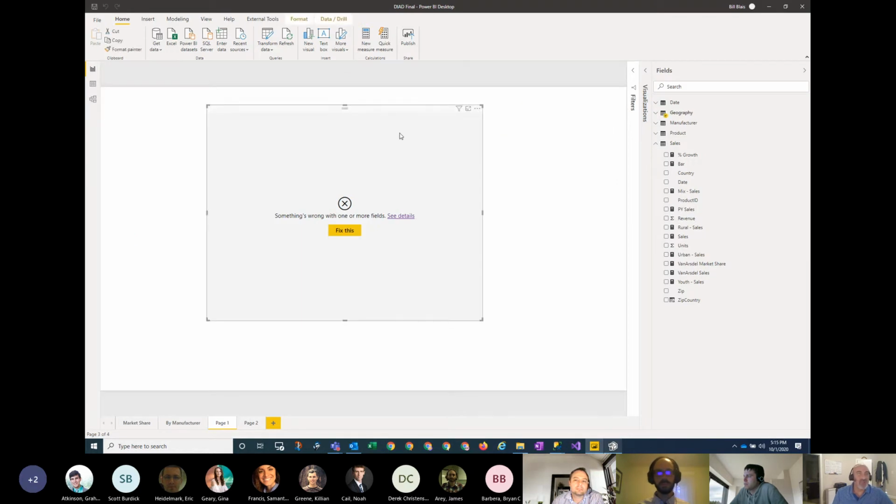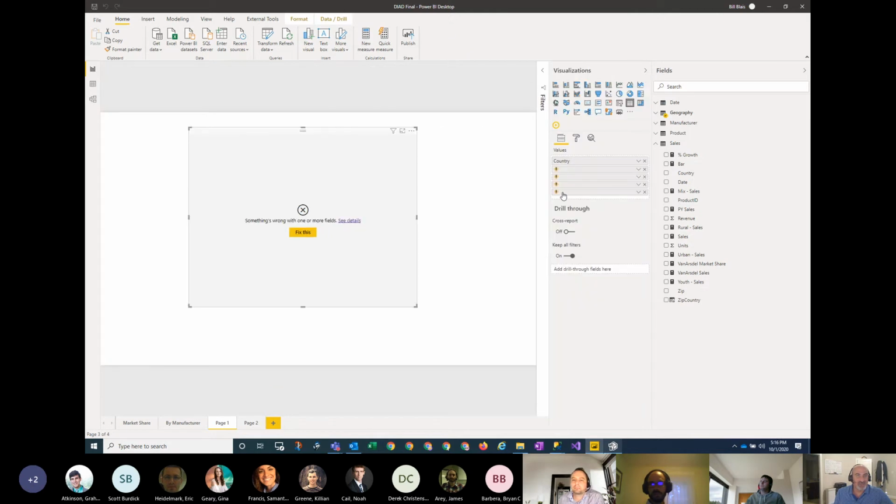Well, unfortunately, the Power BI Desktop doesn't know. And this happens when you change names, when you do certain things inside Power BI Desktop as well at times, where it doesn't understand. It thinks it still wants to use, or if I look at these details, it still wants to use the visual, sales for urban, sales for rural, sales for youth, sales for mix measure. So when you look here in the actual visualization, you see which things are screwy, right? So there's a little bit of work there to be done.